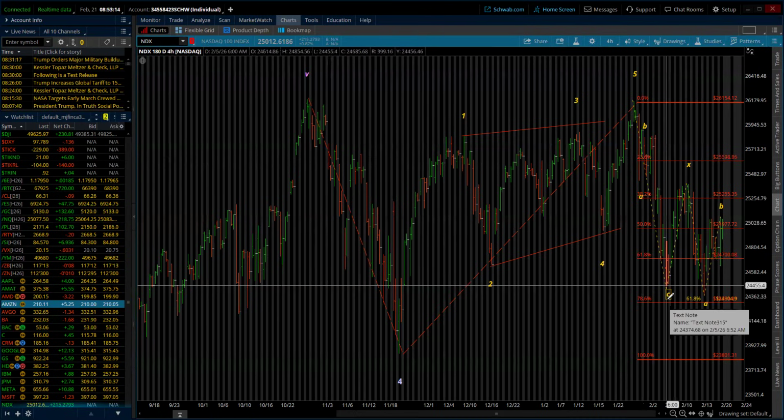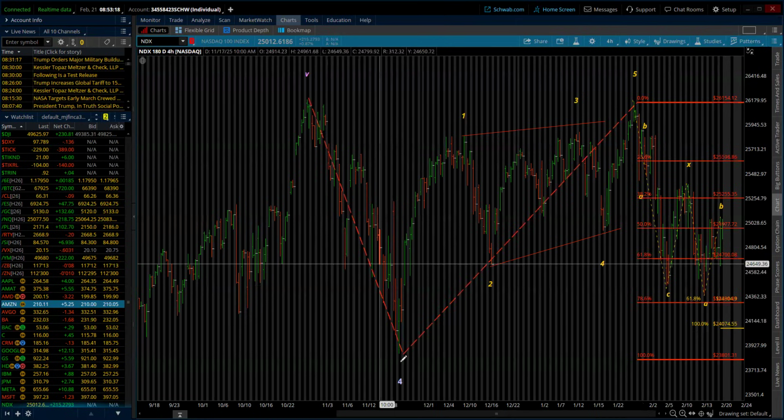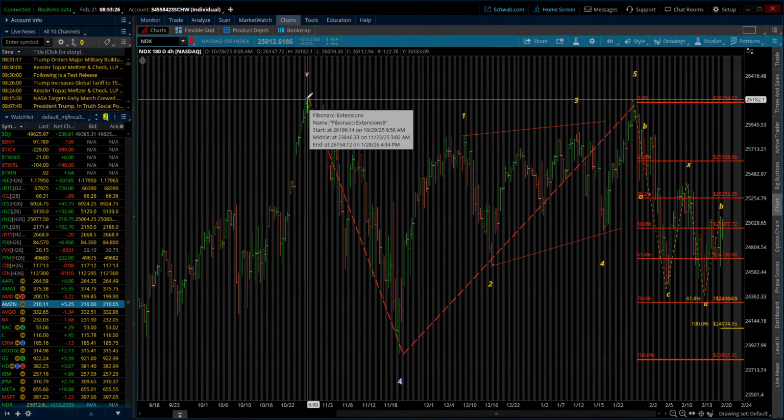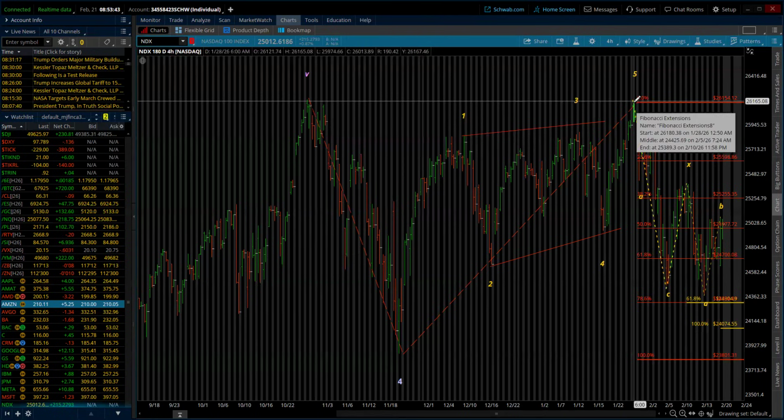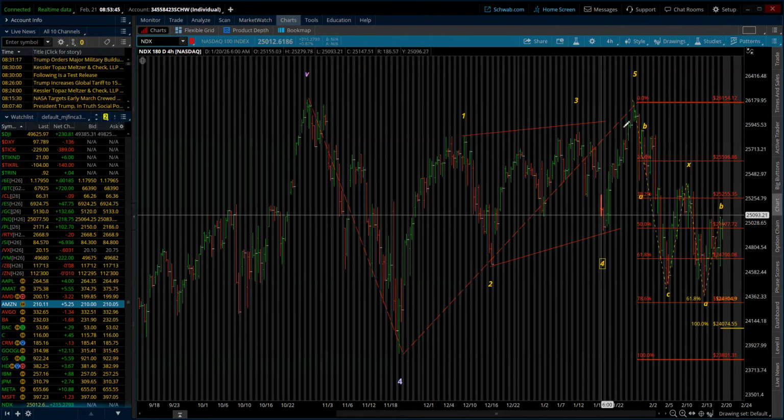Much more severe. In which case, this could still be 4, and this still could be 5, and it comes through. I can put the finishing marker there, and that could be A, and that could be B, and we're in a larger C wave. That keeps it in more of a corrective mode where we still go back up. If I'm going to put it there that it's all done, I can put it over here, and we still had a diagonal.